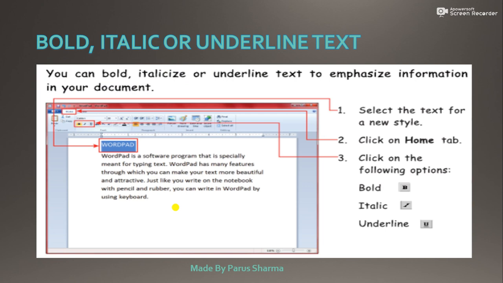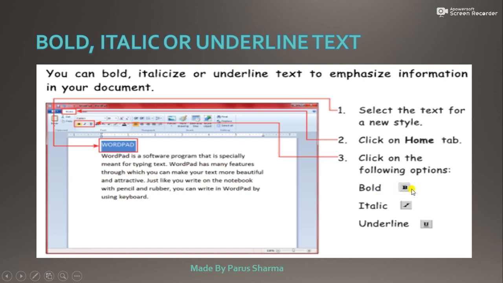Then bold, italic and underline are used to emphasize your information in your document. This is called formatting. Formatting means making your text more attractive by using some options given in the Home tab. Bold means when you want your text thicker and bigger. Italic means when you want your text a little tilted.